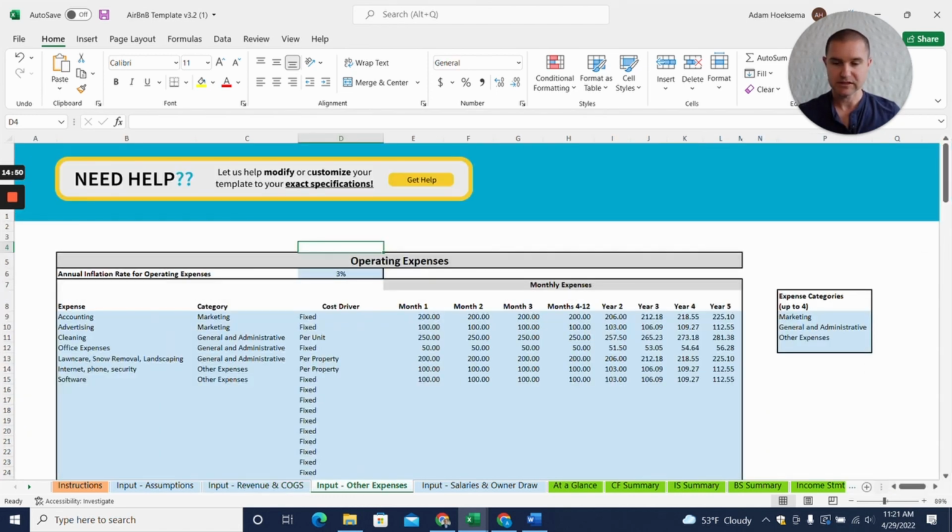And then you'll be able to enter in all of your operating expenses. And what's really cool about this is you can enter in those expenses on a fixed dollar amount. So it could be, this expense is $500 a month for the business, or on a per property level. So maybe something like lawn care is a cost on a per property level. And then there's a per unit level. So you might have an expense like,